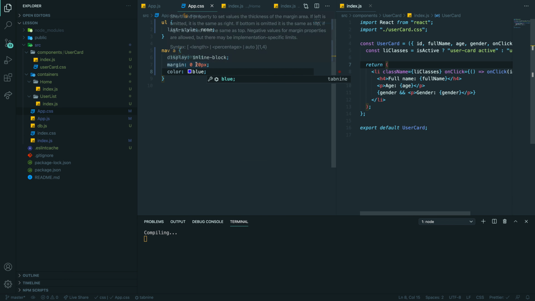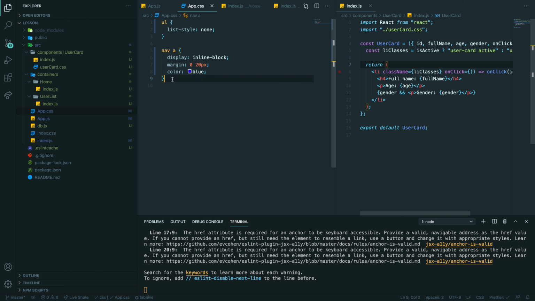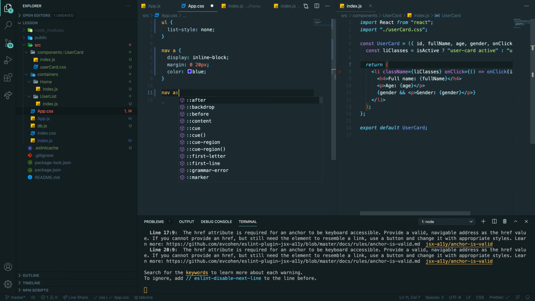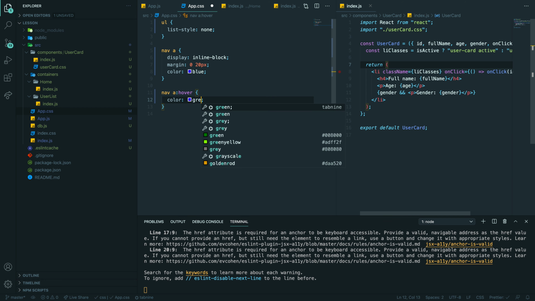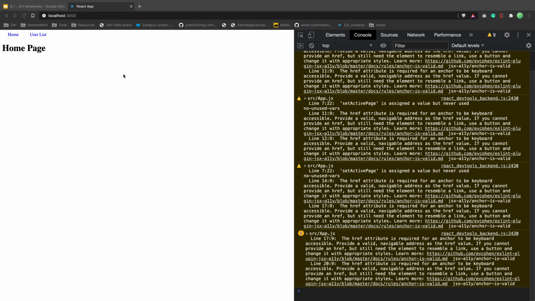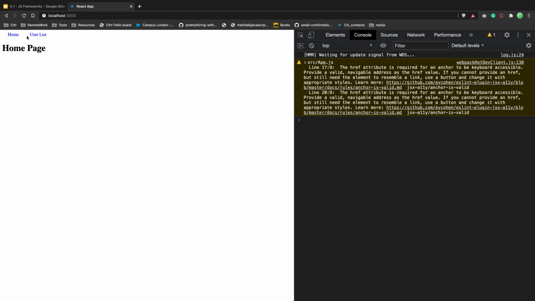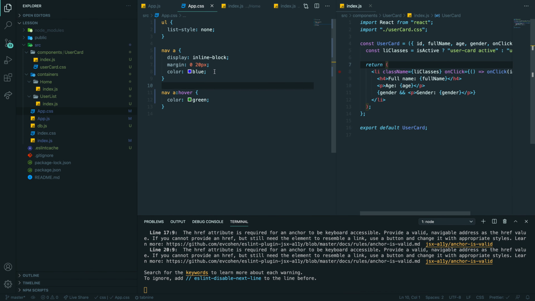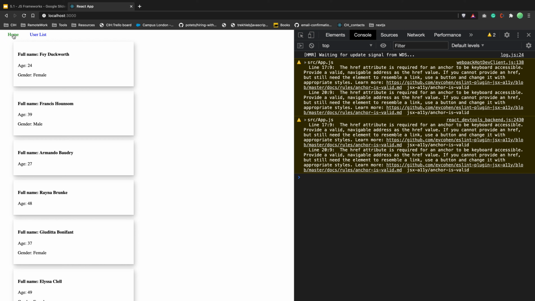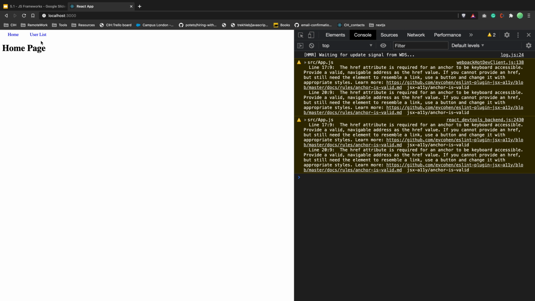And when I hover, I can have color green. Cursor pointer. So now, yeah, I can click and I can navigate between pages, technically, right?